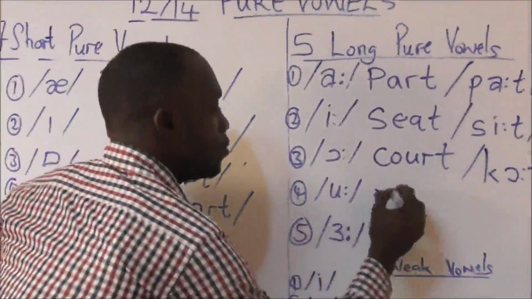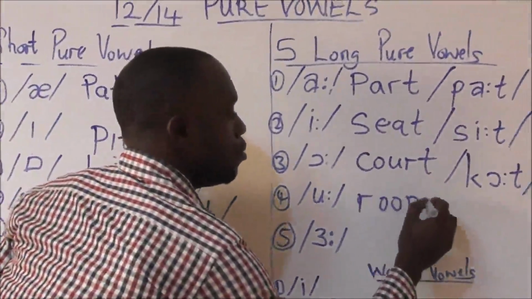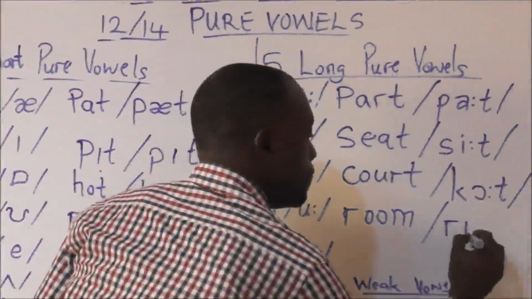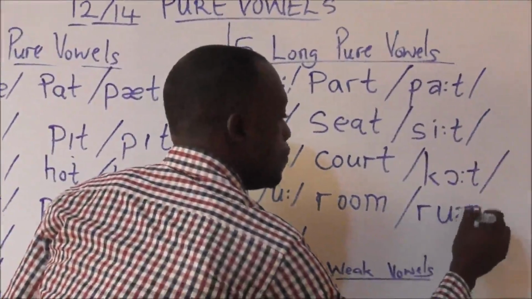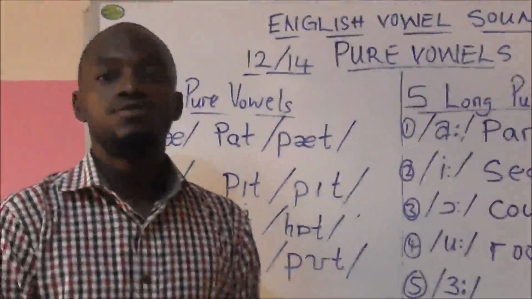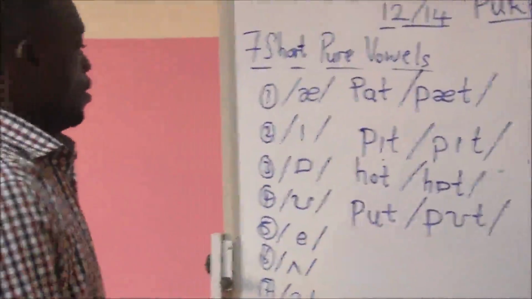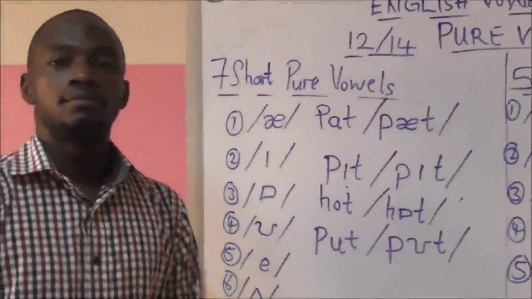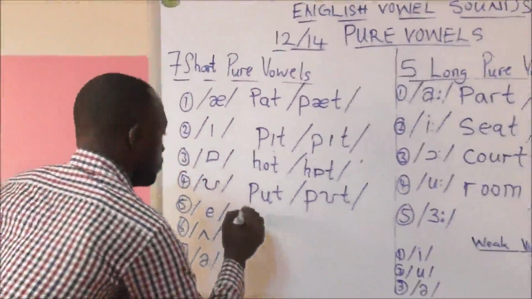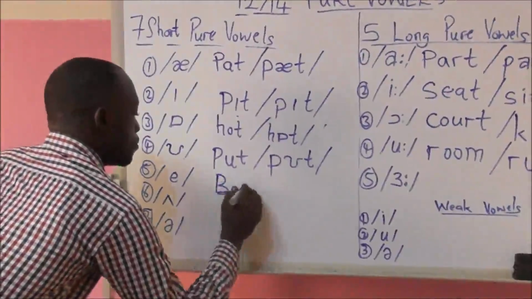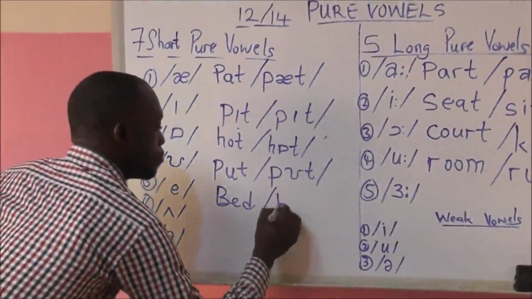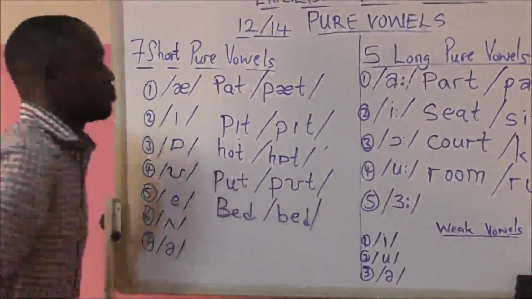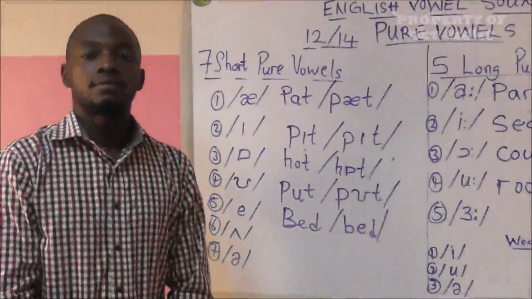An example, room. Room. The next one is bed, bed,